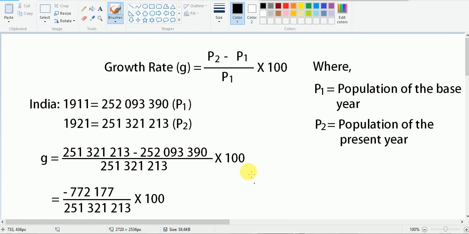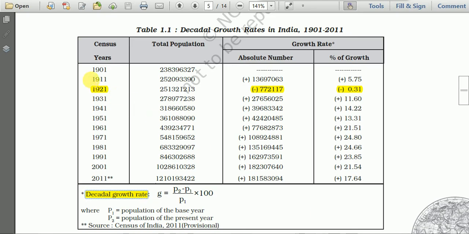So here the formula is here. Growth rate is equal to P2 minus P1 divided by P1 multiplied by 100, where P1 stands for population of the base year, that is previous year, and P2 stands for population of the present year, that is population of the current year. So for India, just see here in this table,